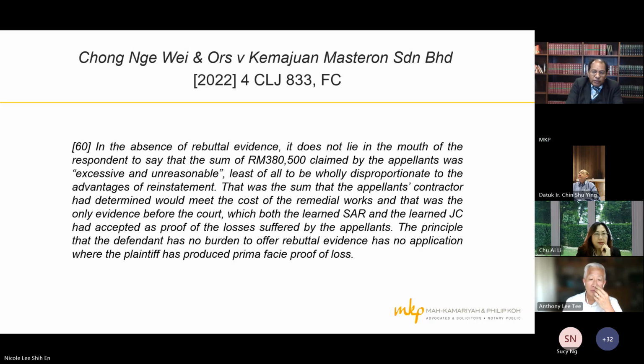So let's dig into that. This is, I would suggest, illustrative of the risks involved in a litigation situation where a party doesn't lead evidence themselves. If evidence is not led, then there is a risk that the court will simply accept what the other side leads. And that is something that I think applies to all litigation,